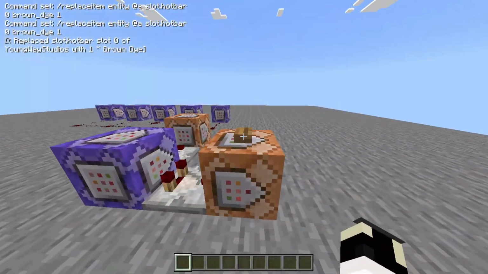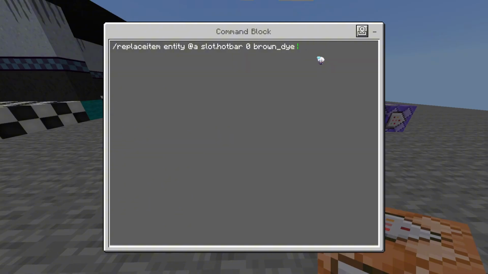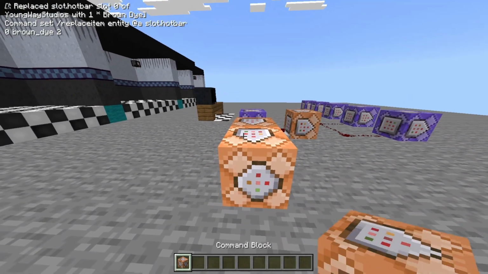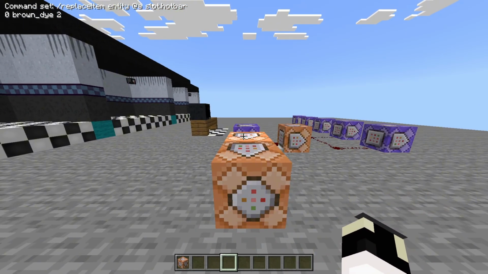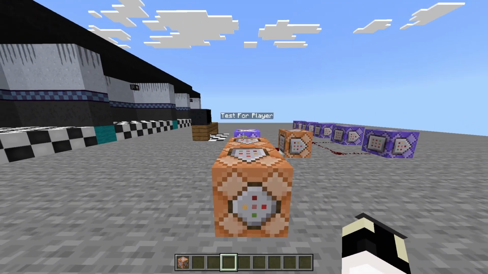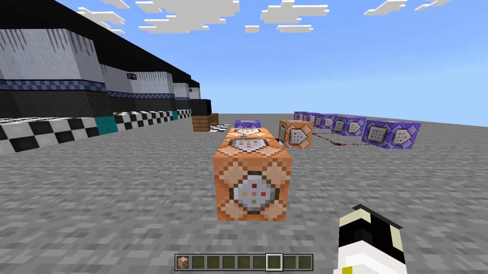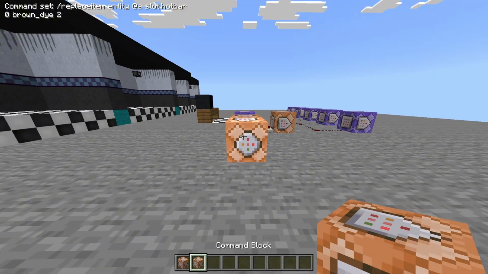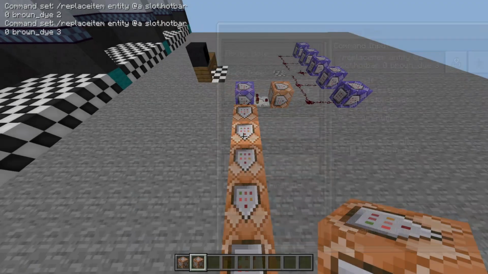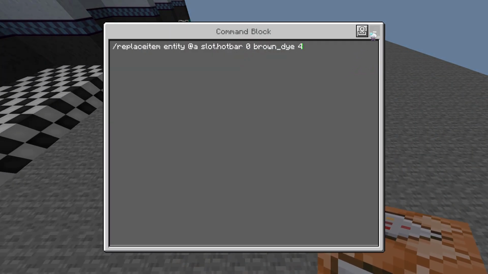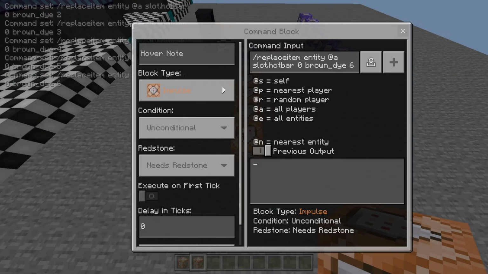And this next one, we're going to make another command. We're actually going to put this on number 2 because 2 is here. We have 5 items, so we're going to go 2, 3, 4, 5, 6. Now, if I run this command,